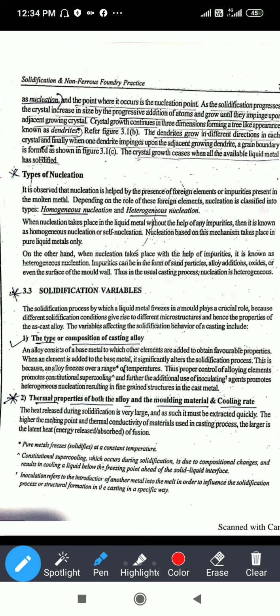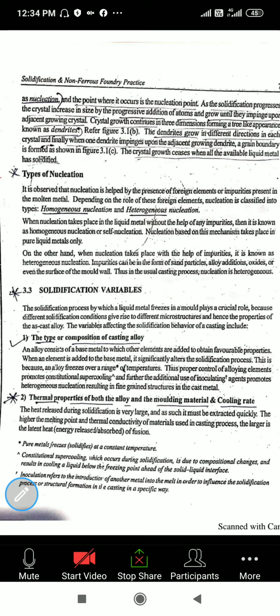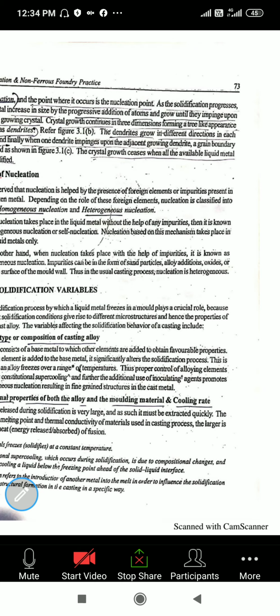The larger the latent heat, the more heat is released and absorbed. Okay, so over here the heat should be released and absorbed during the fusion. So this is how the thermal property is required. It is important to note that the grain size affects the strength and the hardness of the casting. Okay, the metallic mold produces a higher cooling rate than the sand mold under the same